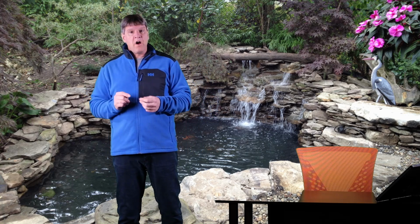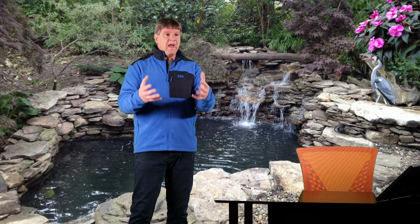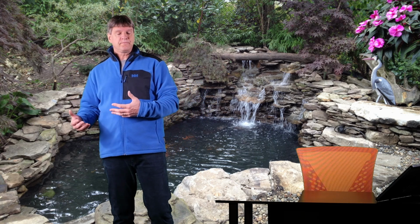These fish are going to grow, all right? So we really have to take into account what our bioload, what our fish mass is going to be, so to speak, in a couple years from now. So goldfish